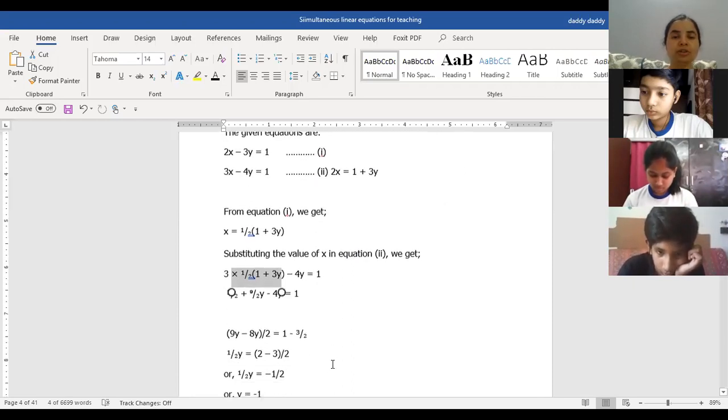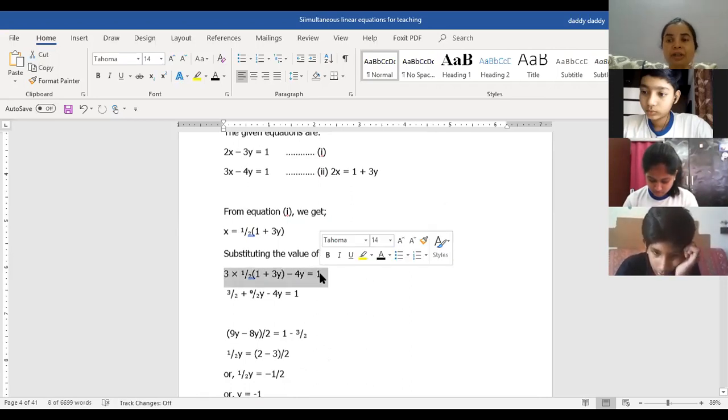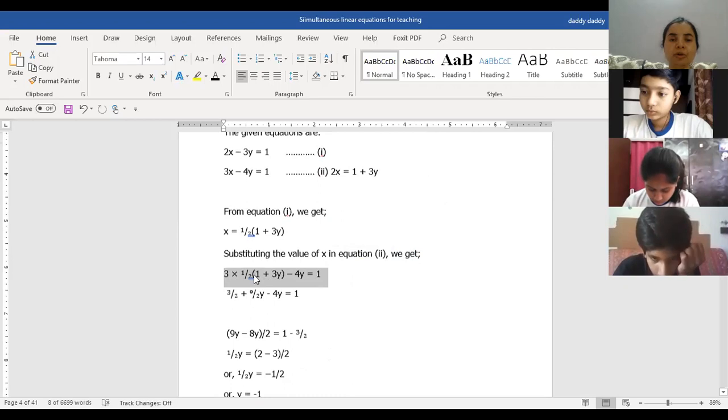Now you are going to just solve it the way we have been solving linear equations in one variable. You have solved more complicated equations in your grade 8. It had only one variable. Now this equation also has only one variable. Why? Because there was another variable x, but you got the value of x in terms of y only, and that you put in the second equation. So now we have to just solve it. So 3 into half is 3 by 2. So outside the bracket it is 3 by 2.